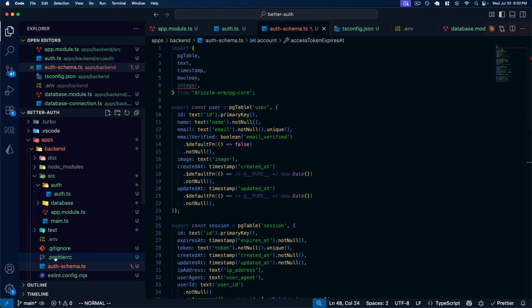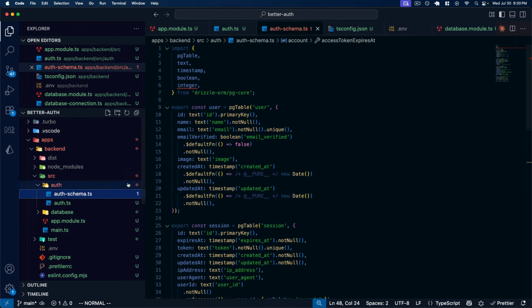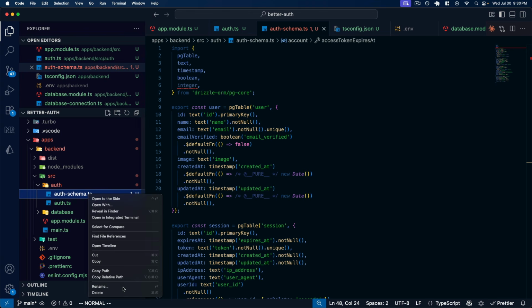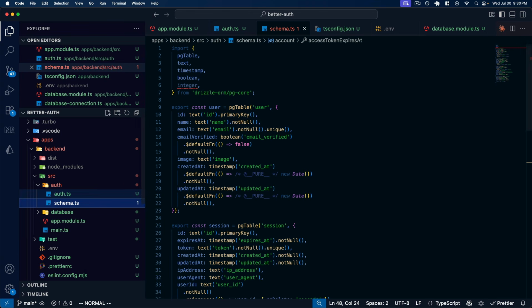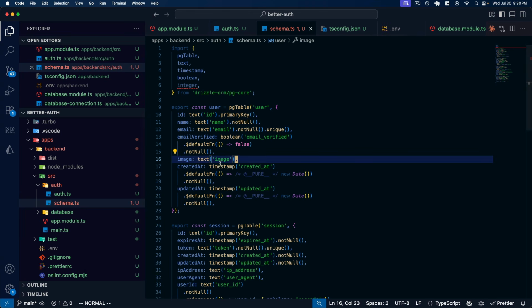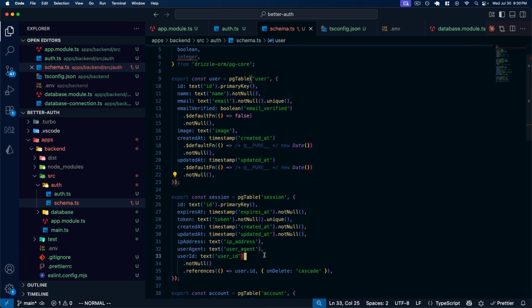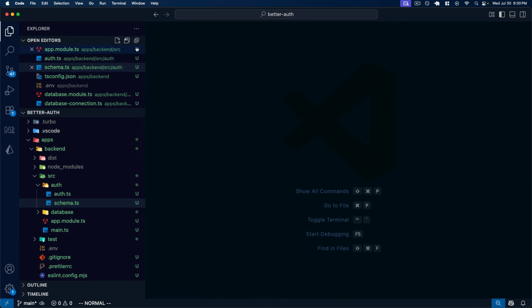But now that we have this schema, I'll move it into the auth directory, and I'll rename it to simply be schema. Now that we have this, we can use Drizzle Kit to generate the underlying raw Postgres migration scripts that we can apply against our database and get the database in line with this schema. So in order to do this,